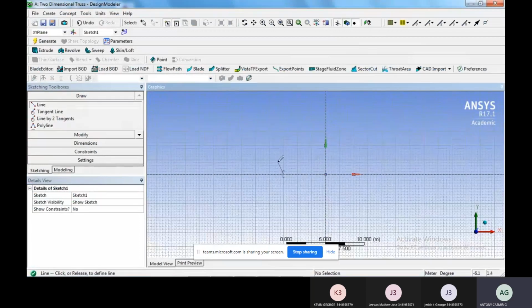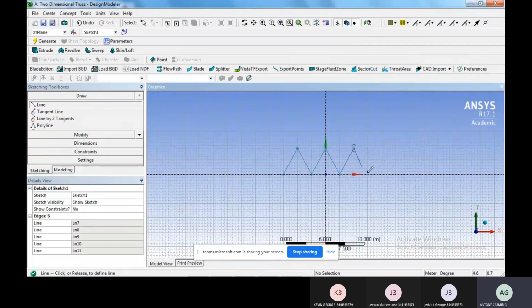Is it clear? We are zooming in. After zooming in, we are drawing the truss height. It is given as 6 centimeter. Is it clear? We are not to draw with freehand sketching. We have to join all the points in a straight line. Is it clear? All the lines should be parallel to each other.